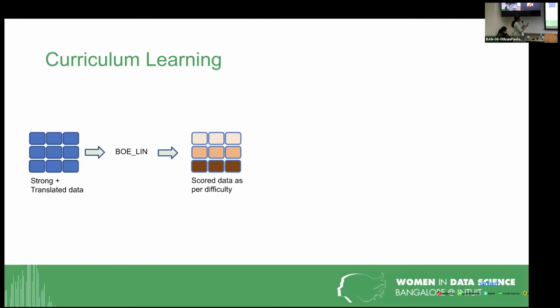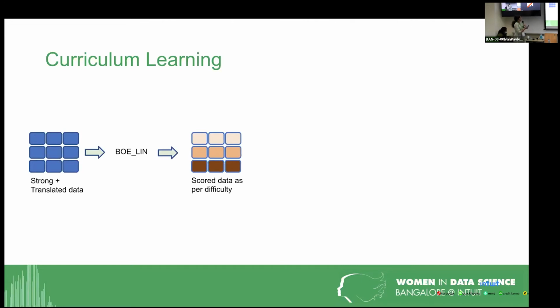Then you can use a very simple model, like a bag of words kind of model which just uses embeddings, fast text embeddings or something, to make predictions, and use that to create a score of difficulty for each example. If the model predicts with high confidence, then it's an easy example to predict. If it has low confidence, then it is a difficult example.